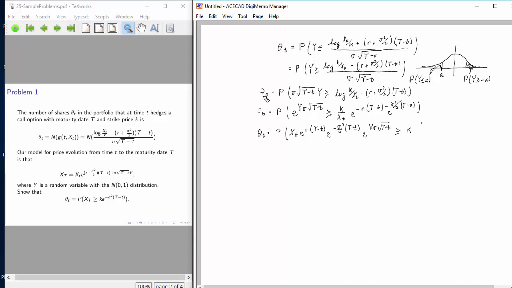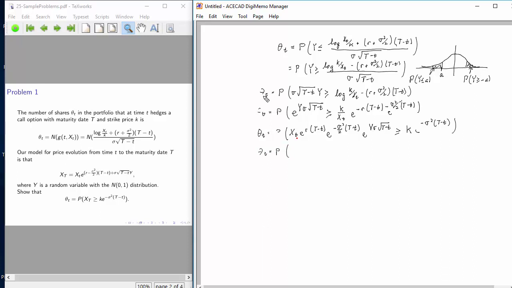But now what did I do? I actually needed to multiply both sides by the factor e to the minus sigma squared over 2 times capital T minus little t. So I now, on the right-hand side, have e to the minus sigma squared times capital T minus little t without the 2 in the denominator. And on the other side, I correctly have a minus sigma squared over 2. Why did I do that? Well,